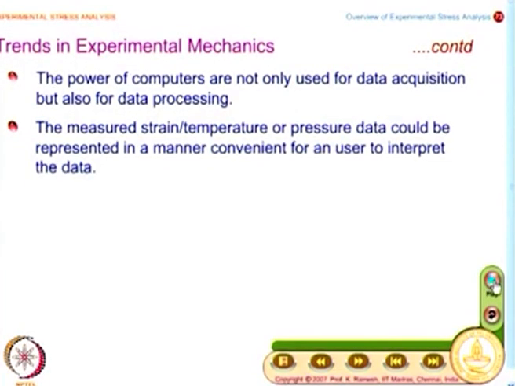This is not only for techniques like the image correlation, even strain data, suppose I have a multi-channel system, I have strain data developed at several places, I would like to see a visual representation even at point information if I get. So, the colors, if you put it in color, you are able to react better, this which you have been doing only in numerical techniques, which can also be done in experimental technique with the availability of computer processing. Then what you have,